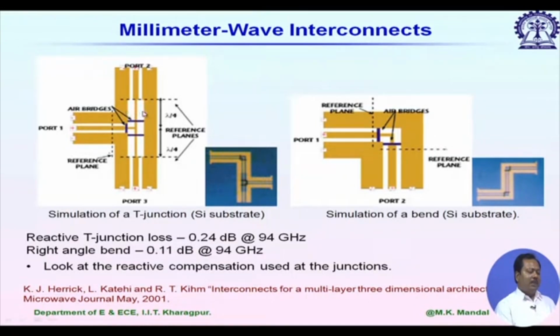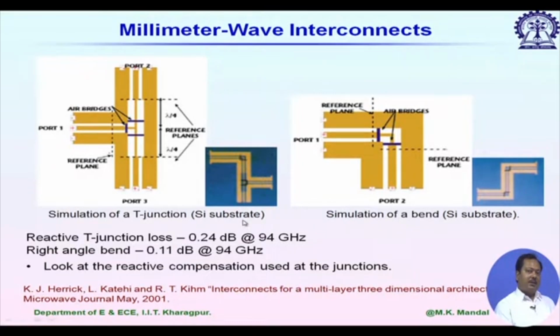In this middle part, it has 70.7 ohm characteristic impedance. For that, the signal line width is smaller and the slot width is higher. And you can see a photograph of the fabricated structure here. These black lines are showing the wire bonding to keep all the grounds at the same potential. Now when we design something at such high frequencies like 94 gigahertz, we have to be very careful